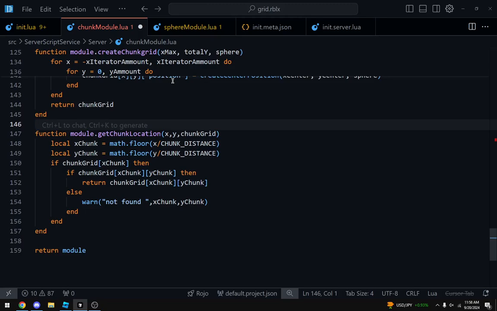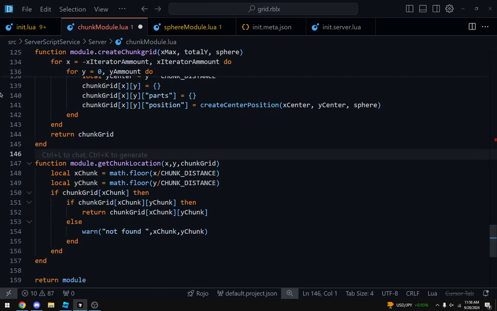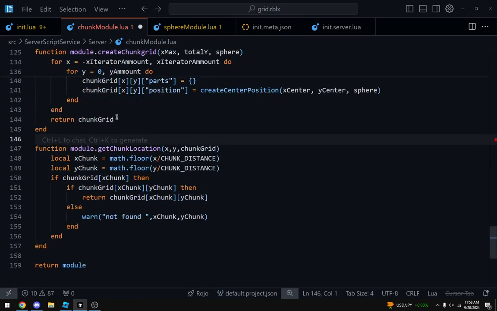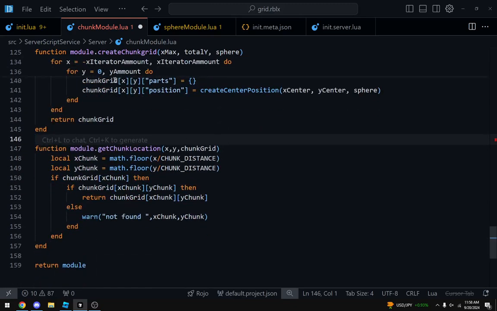Get chunk location x. Okay, so this converts planetary coordinates into coordinates on a chunk grid and returns the chunk grid. However, we don't want that. Yeah, because especially with this, we want it to wrap around.